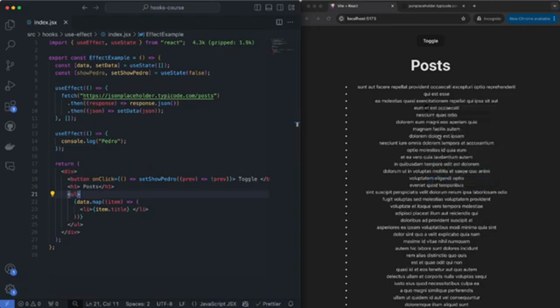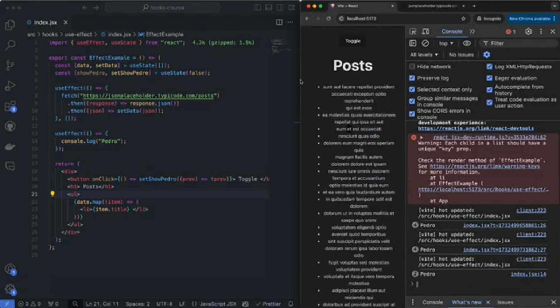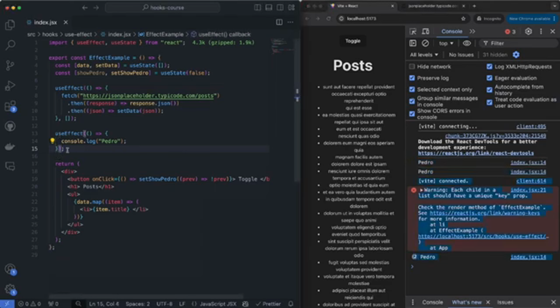Now, let's inspect element over here. We'll see the console, and we'll see that it did console log the word Pedro a couple times. In this case, it does twice. Now, why does it do twice? Well, it does on the first render of the page. It does twice on the first render, like we said. But I haven't put a dependency list over here, meaning that every time any state in this component changes its value, it will trigger this useEffect. That's why it's important